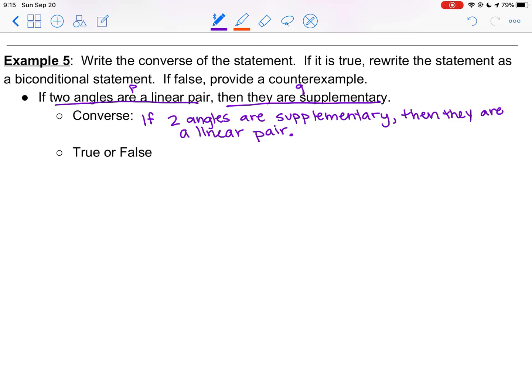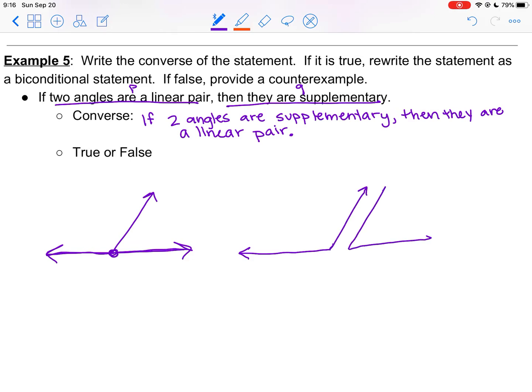They're opposite rays. So I know that a linear pair looks like this. So they're adjacent, they share a ray, and then these two other rays form a line. And if I can think of two angles that would be supplementary but not be a linear pair, then I can prove this false. So what if I have those same angle measures, but they don't touch? So notice that these two angles would be almost the same as the ones that I drew, but since I'm not using a protractor, I can't be sure. But since these are not adjacent,